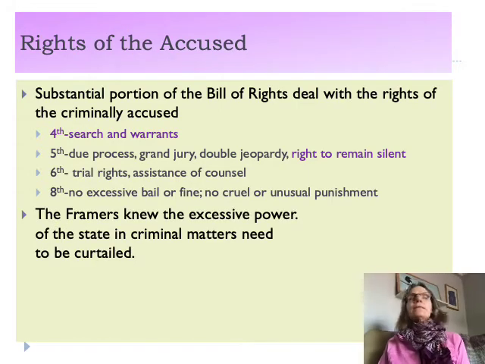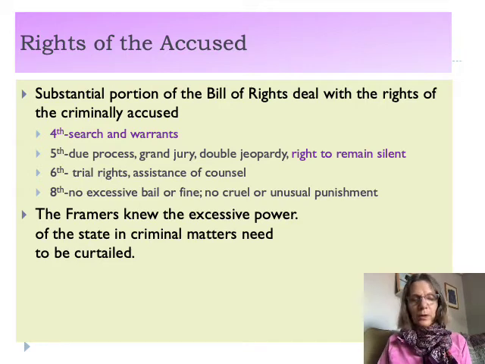Now, why is nearly 40% of the Bill of Rights dedicated to the rights of the criminally accused? Well, the framers knew the excessive power of the state in criminal matters, as it relates to fighting crime, apprehending people, investigating people for potential crimes, and also punishing people. They knew that the power of the state is probably at its mightiest when it comes to